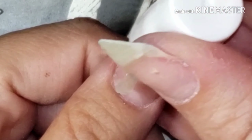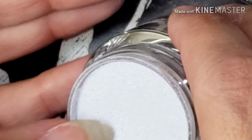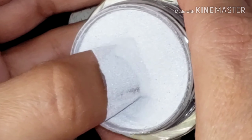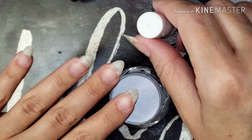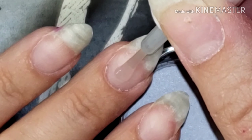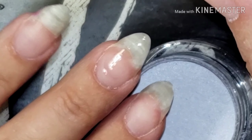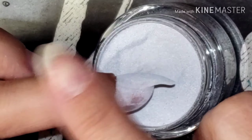So as usual, I am going to start with my Dipalicious base, and I will do a small strip down the middle of my nail. My nails are pretty long, so this is my version of doing an apex basically. I don't completely build a really large apex because my nails are already curved. They're not very, very flat. So I really just do the one layer of color straight down the middle. I don't have to do multiple layers. So I do the one down the middle on all my nails,